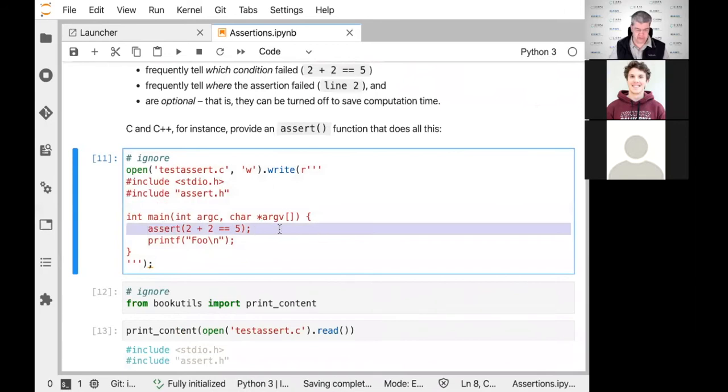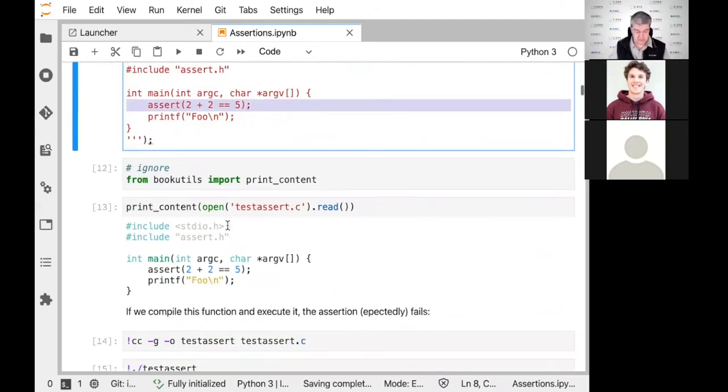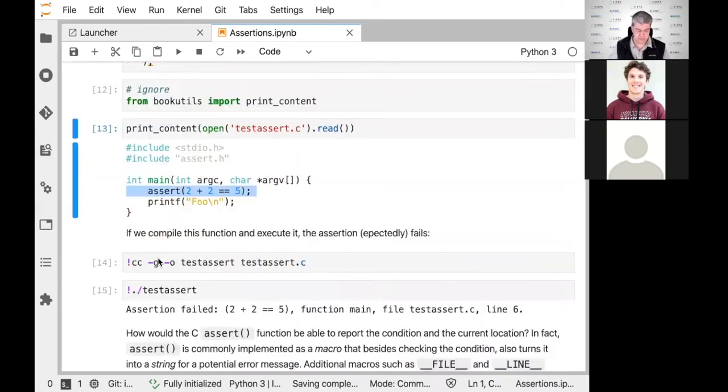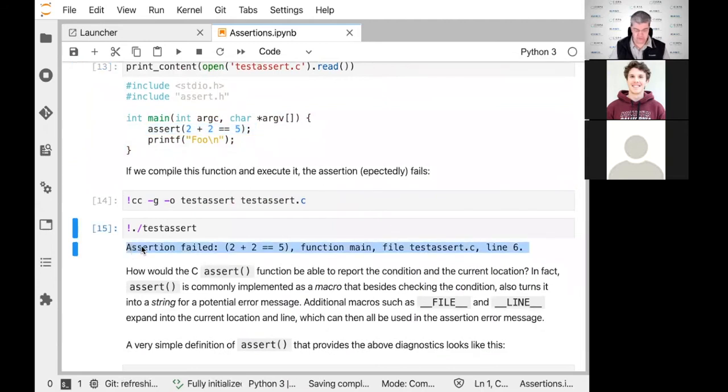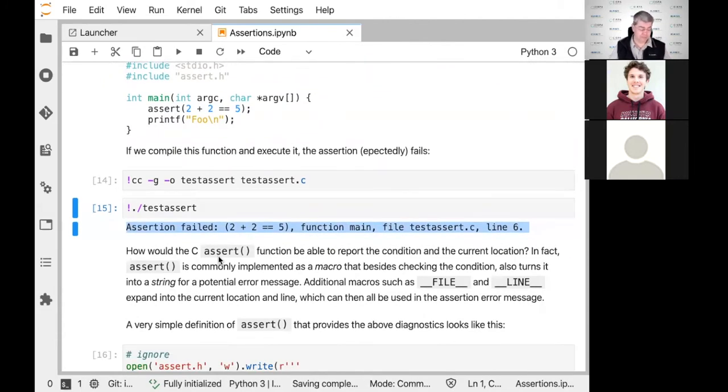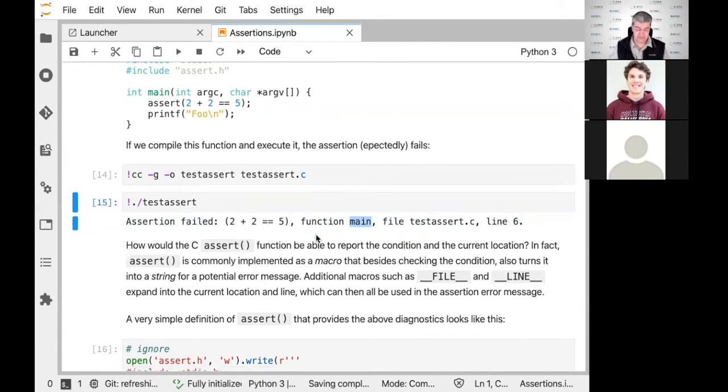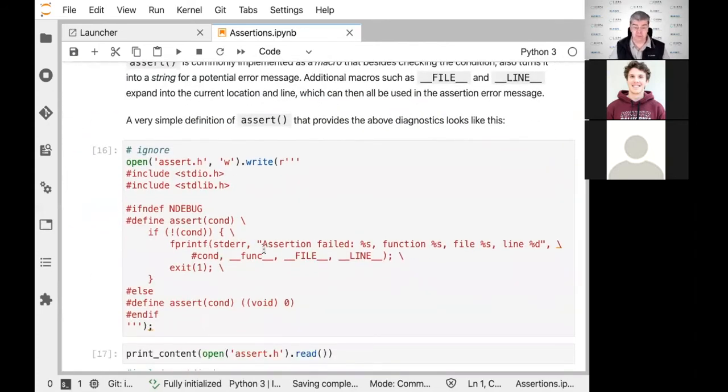So you can put an assertion into your code, in this case with parentheses, this is C. And if you have such an assertion in your code and it fails, then you get a message that the assertion failed, together with diagnostics such as which function it is and where this assertion is. There's actually some magic behind that in order to have a C program report which function a particular call is in, as well as the text of the assertion. There's actually quite some magic behind it, and here I've put some